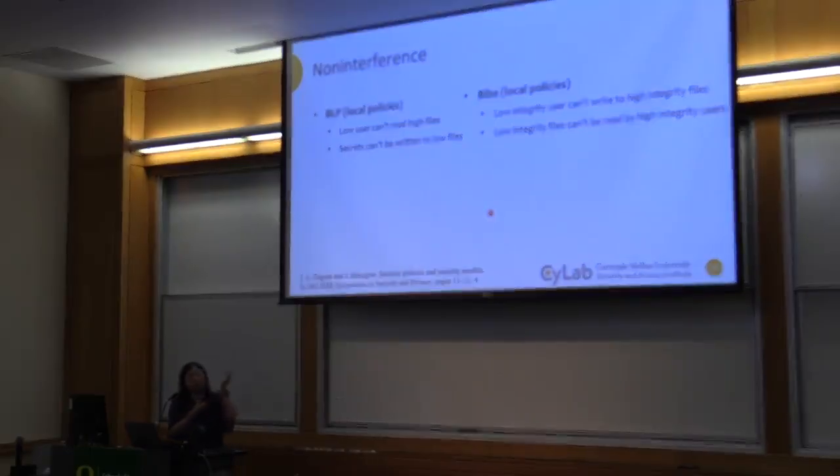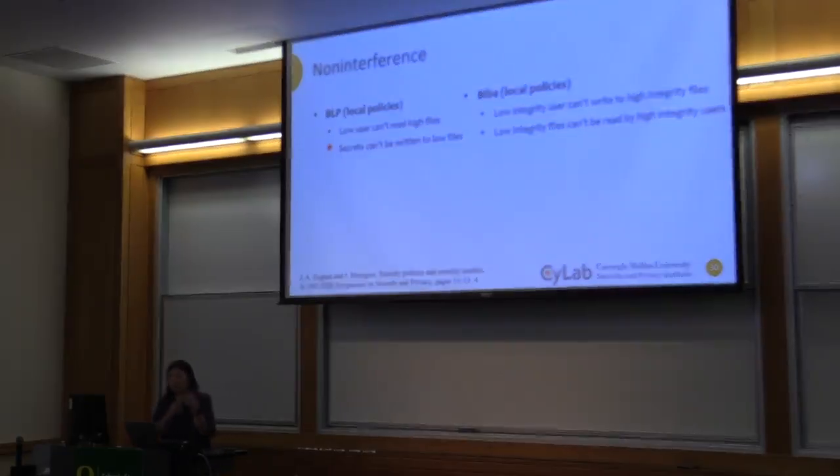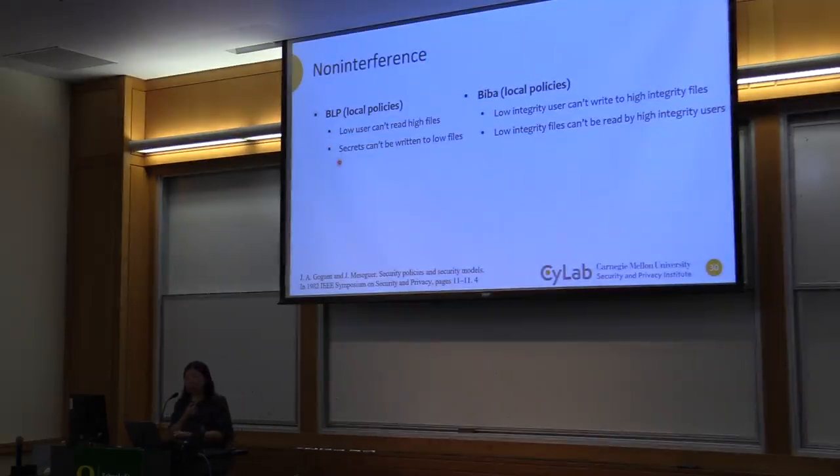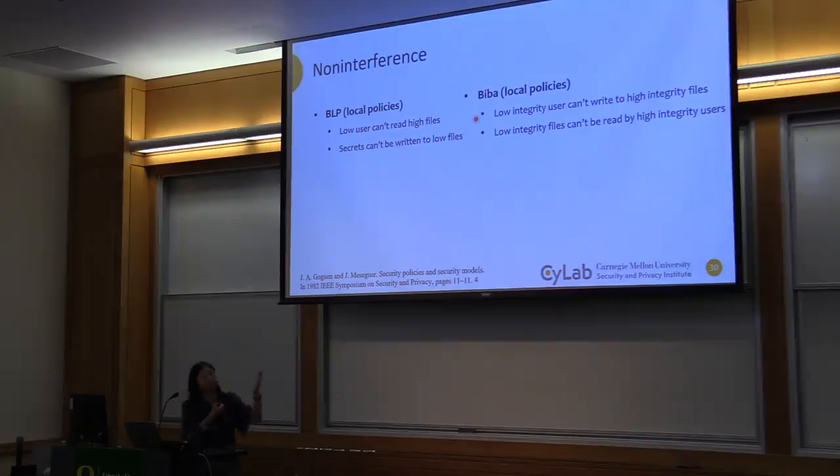So when Bell-LaPadula and Biba use the word property, in my mind, they're policies. They're fairly what we call local policy. Like in true access control fashion, what we say is when this access is happening, what's allowed, what's not allowed. Right? So intuitively, the user with lower label cannot read higher files, and secret files cannot be written to lower files. Biba is similar: a low integrity user cannot write to high integrity files, and a low integrity file cannot be read by a user that requires high integrity data. That's slightly local.